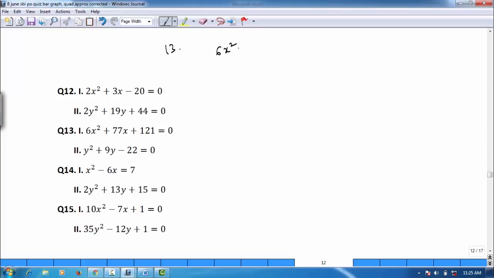6x square plus 77x plus 121 is equal to 0. So on multiplying 6 with 121 we get 726, and it can be further divided into 66 and 11. On multiplying 66 by 11 we'll get the value as 726, and on adding them both we'll get the value